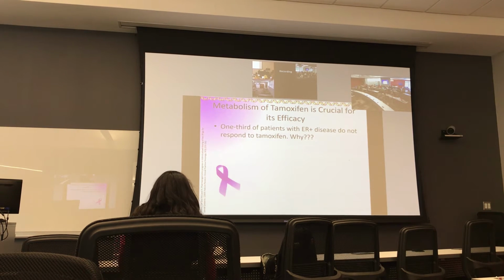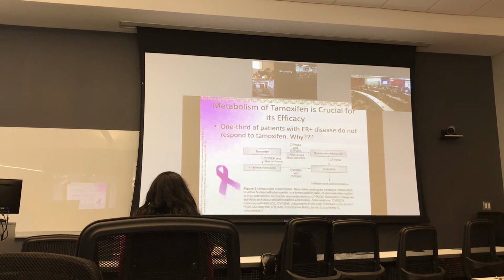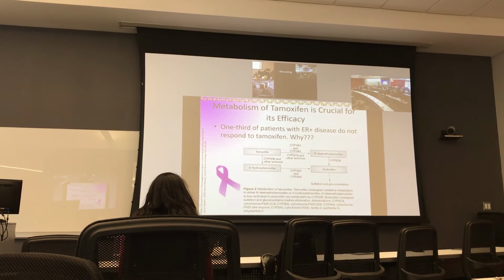So 1/3 of patients with ER-positive disease do not respond to tamoxifen. Why is that? When we look at the metabolism of tamoxifen, we see that CYP3A4 and CYP3A5 are instrumental in taking tamoxifen and making it N-desmethyltamoxifen, and then also from 4-hydroxytamoxifen to endoxifen. But we also need CYP2D6 and its isoforms in order to metabolize tamoxifen, because it's not tamoxifen that is actually